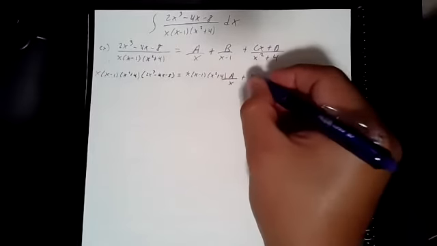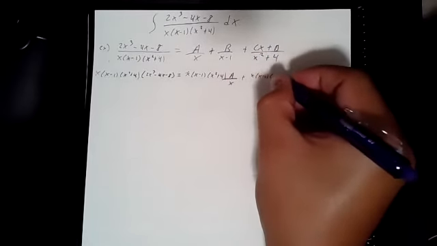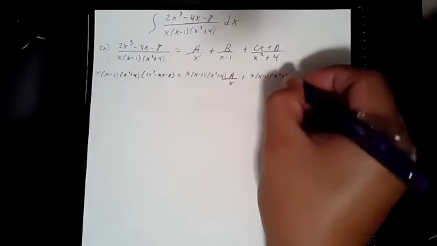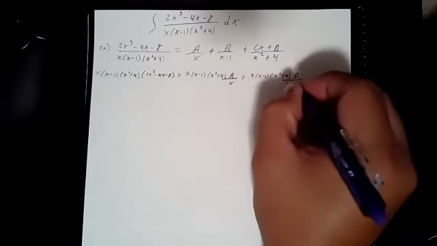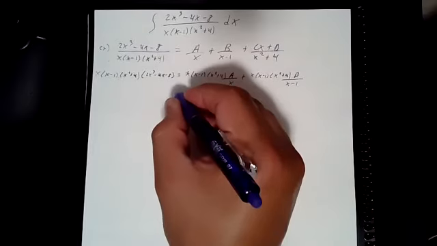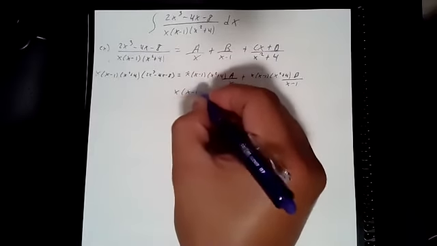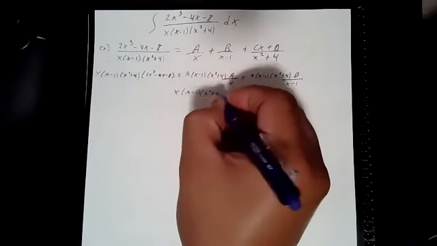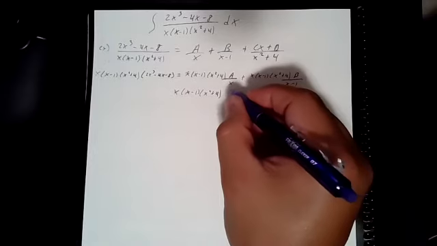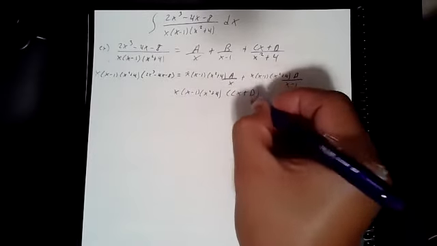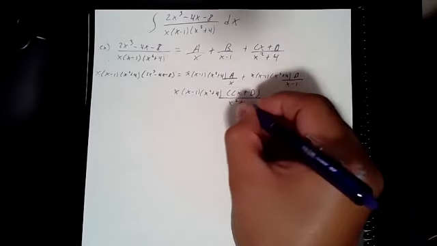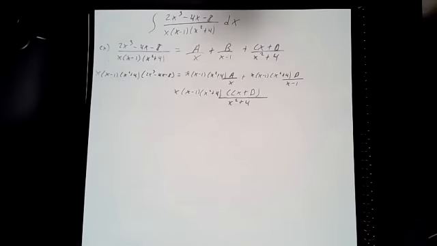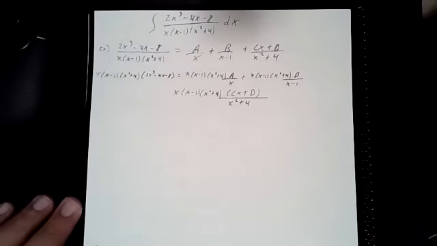Yeah, I don't have space, but I'll write it down here somewhere. Do it again here. Times the Cx plus D over x squared plus 4. All right, sorry, that's a little small or messy, but